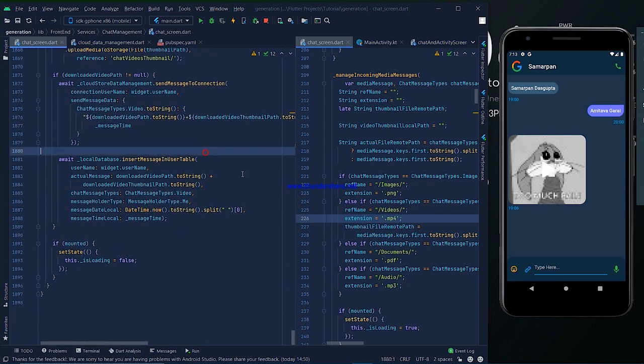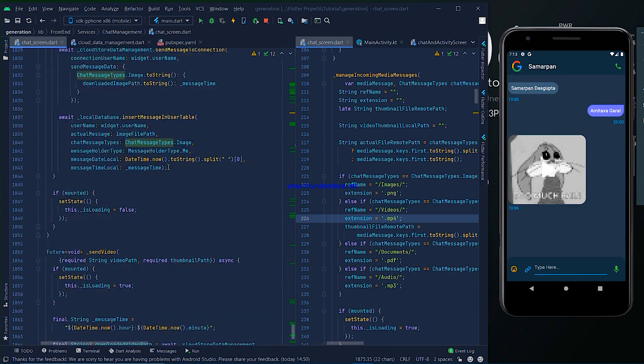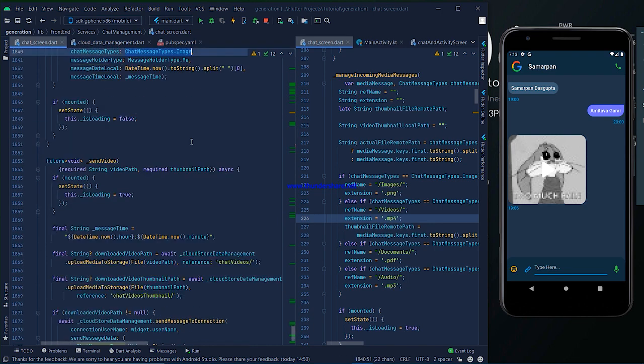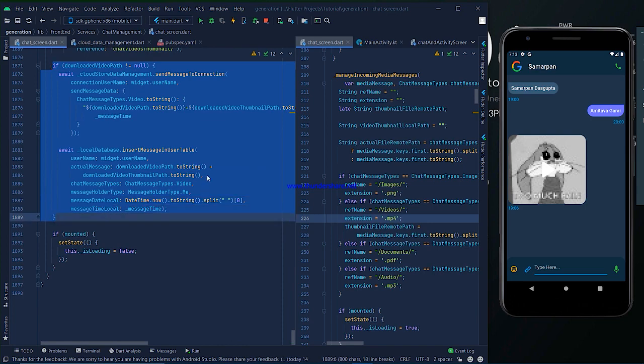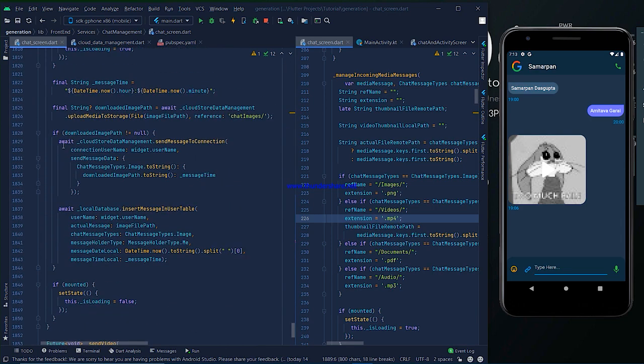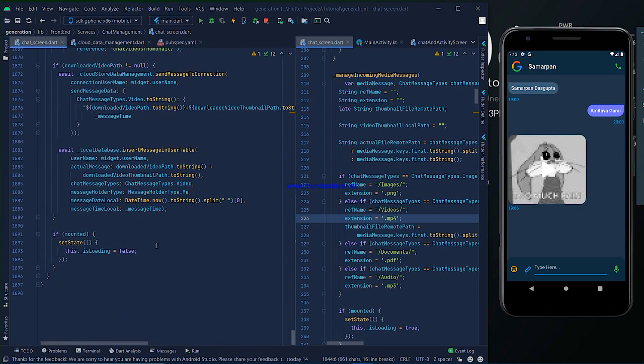What we change here is just that chat media types dot image is replaced by chat media types dot video, and everything else is the same in that selected block, just like in send image in the previous video. So I don't explain it, and after all the things, loading is turned off.